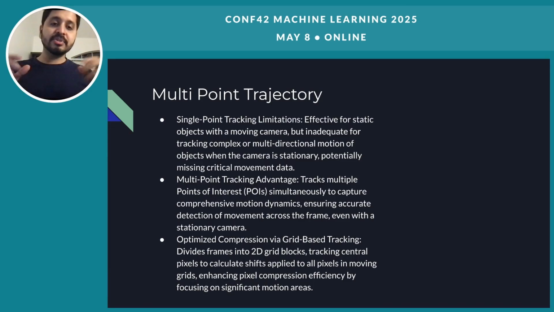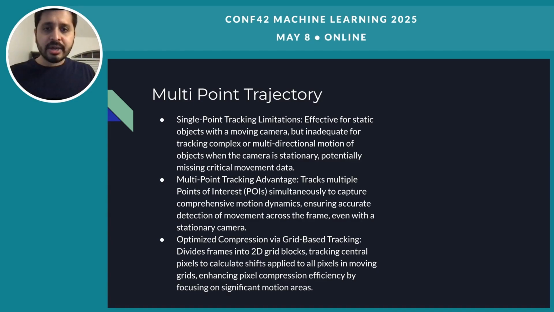So by doing so, it can also track object movement. It can also track the camera movements. And by calibrating all of those, we can try to find what is the redundant part and what is the non-redundant part which we can expect in the next frame compared to the first frame. This can mostly work in very advanced approaches where the video is very complex. And that's where the multi-point trajectory would eventually be helpful.